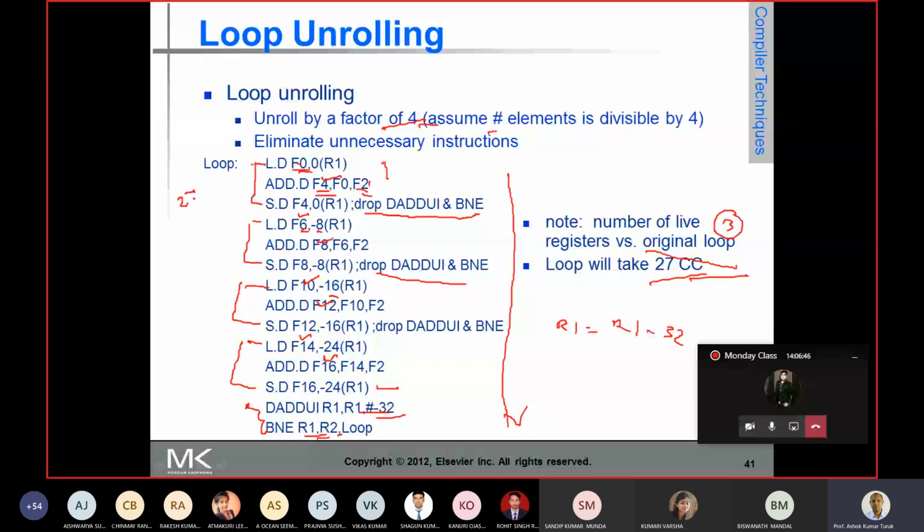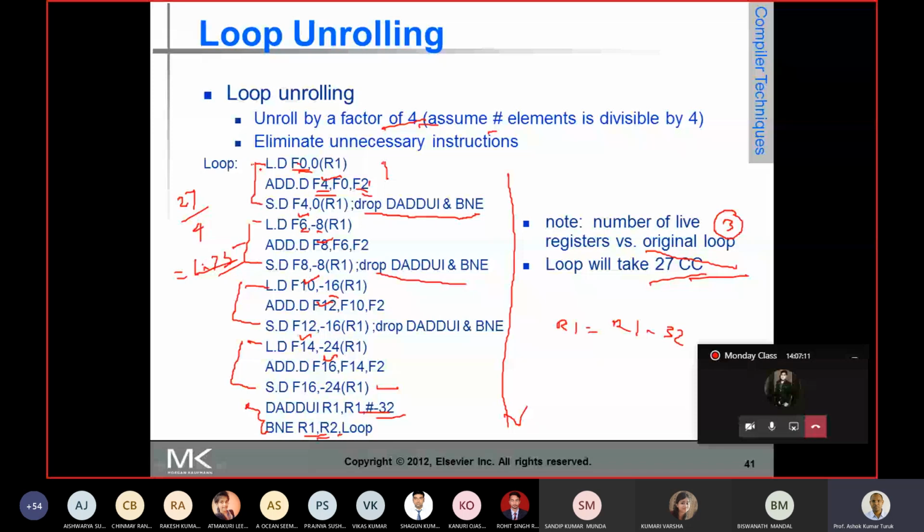So 27 divided by 4, it takes around 6.75 clock cycles per element of an iteration. We have unrolled it 4 times, so the 27 clock cycles is taken for these 4 iterations. So it takes around 6.75 clock cycles.